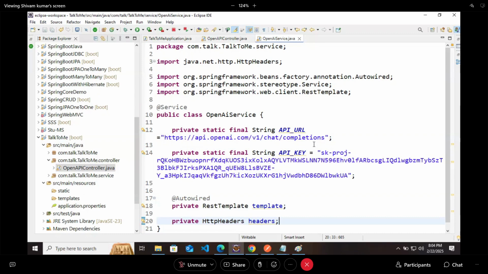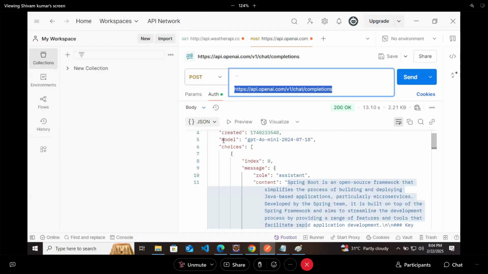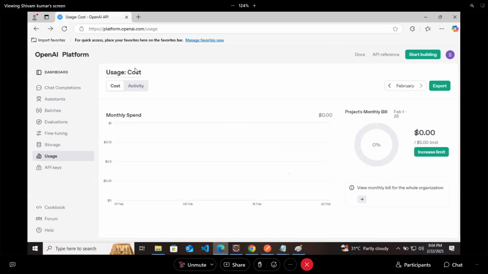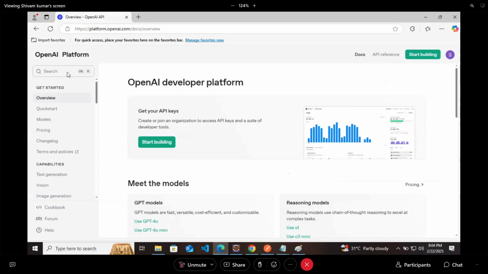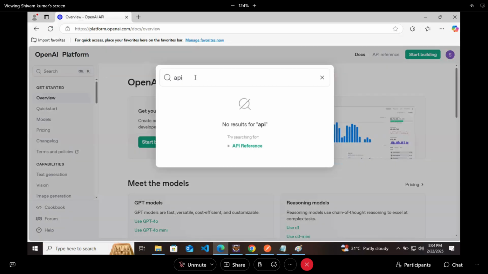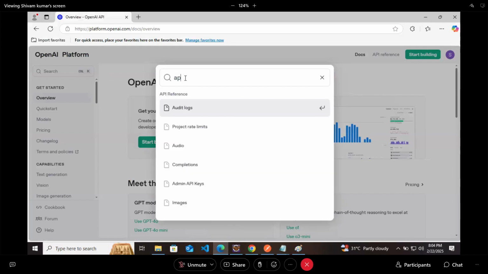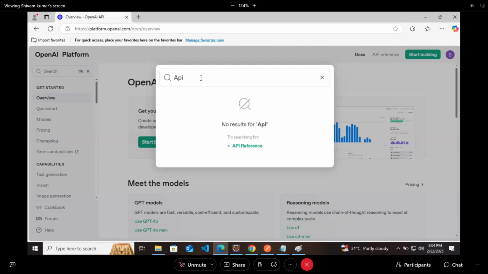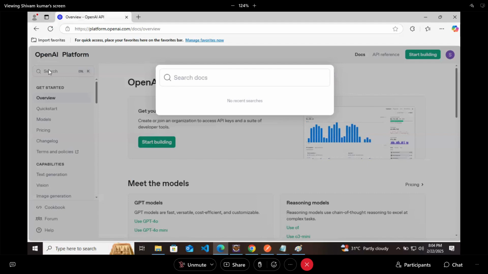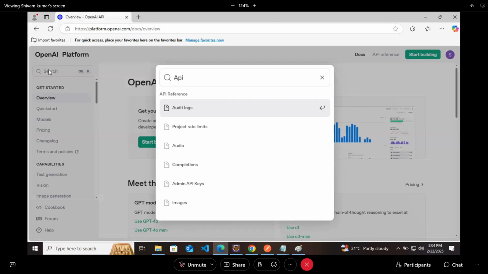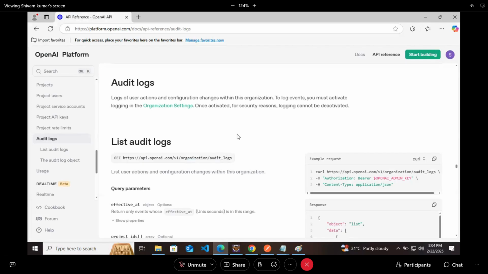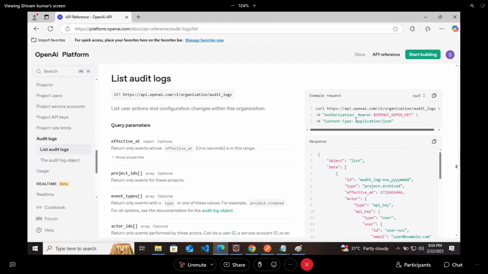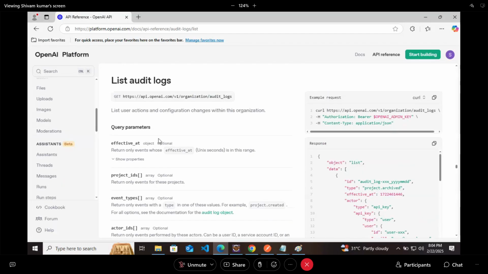Just now I have shown you in a request that whenever you are making a request in the API of OpenAI, how will it go? It will go with two things: model and,